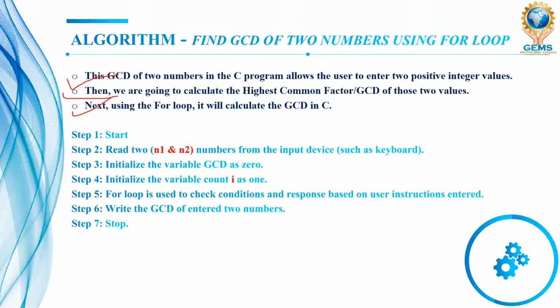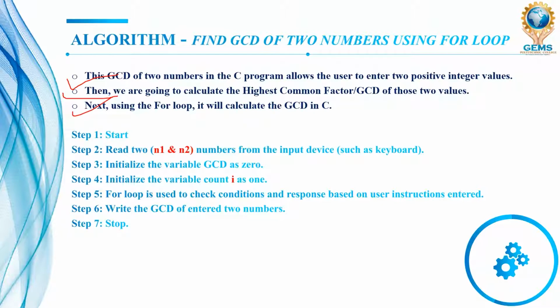The input device means the keyboard. Step 3, we are going to initialize the variable GCD as 0. That means the initial value of GCD is 0. That means by default the GCD variable holds the value 0. So the compiler will not collect a garbage value, because any number added with 0 remains the same number,